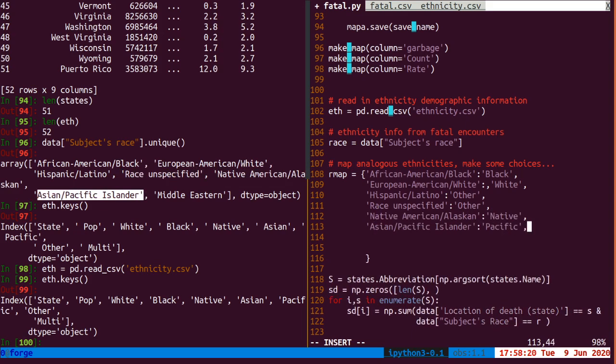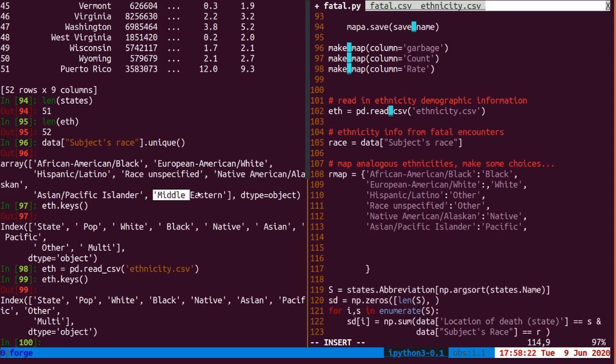I assume there's some criteria. Middle Eastern gets put in other. It's actually a really very small number in terms of this data set. Other. Now then, did I not have any in Asian? Oh, Asian Pacific Islander. Oh, son of a gun. All right. So there will not be any put into